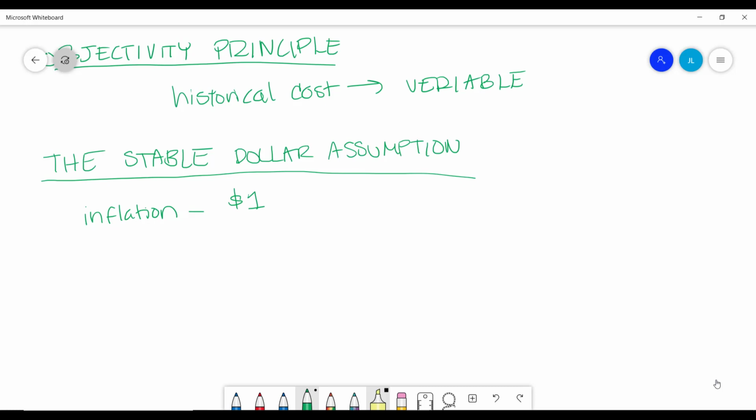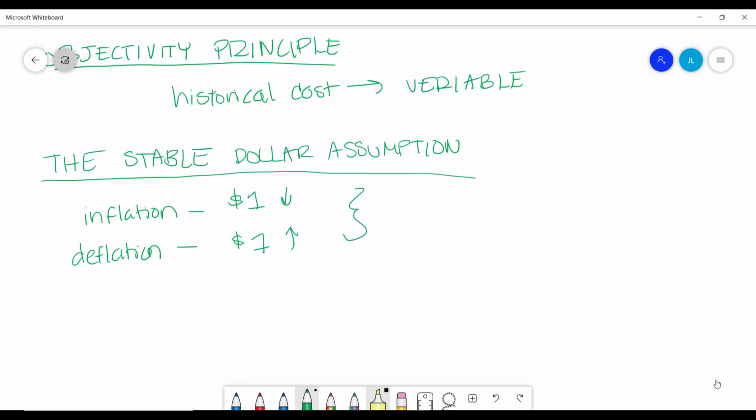I'm going to have to spend more on a given item than I had to in the past, right? A loaf of bread, for example, if inflation is present, is going to cost me more than it did in the past, although it's the same loaf of bread. Deflation is the opposite of inflation, where the value of the dollar is going up and it has more purchasing power, so it can purchase more than it was able to in the past. So when deflation is present, a loaf of bread is going to cost me less than it did in the past because the dollar in my pocket has more purchasing power. Where if there's inflation, that dollar now has less purchasing power than it usually did. So this is inflation and deflation.